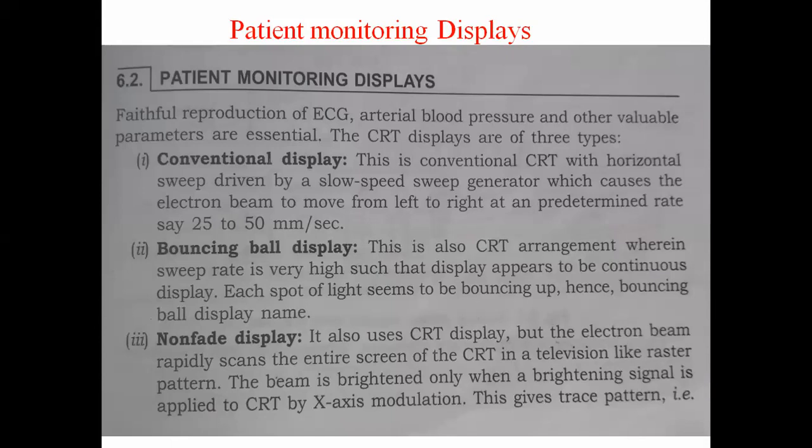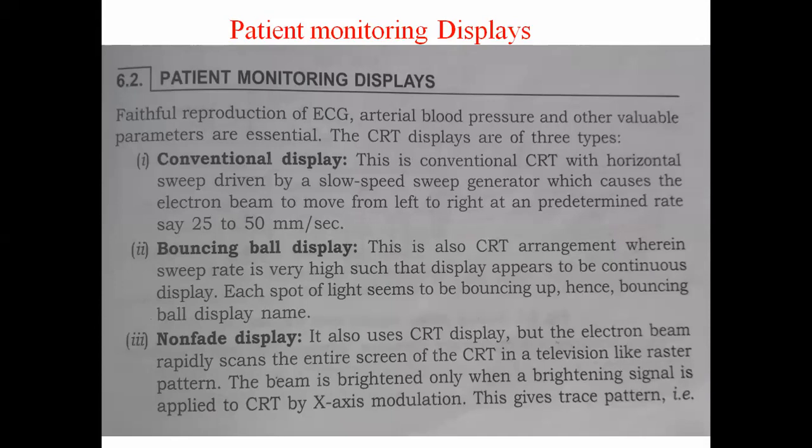Suppose we have one signal from one patient, another signal from the second patient, a third signal from the third patient. Like that, we can have 8 patients' information signals. These 8 patients' information signals should be displayed at a time on the single display. Such big displays will be present, and those will be displayed at a time as multiple traces. Each signal we can call a trace. The signal display of each individual patient's information is called a trace.